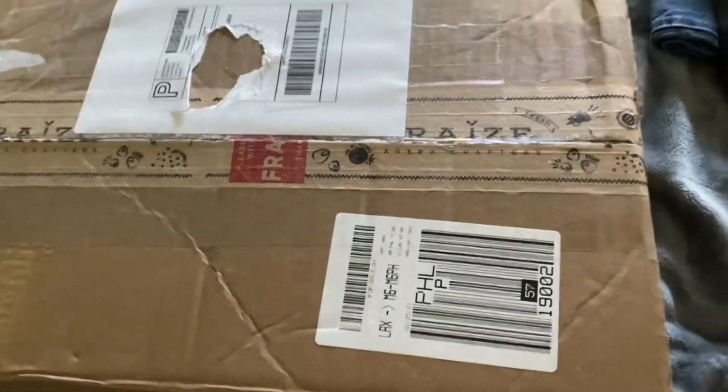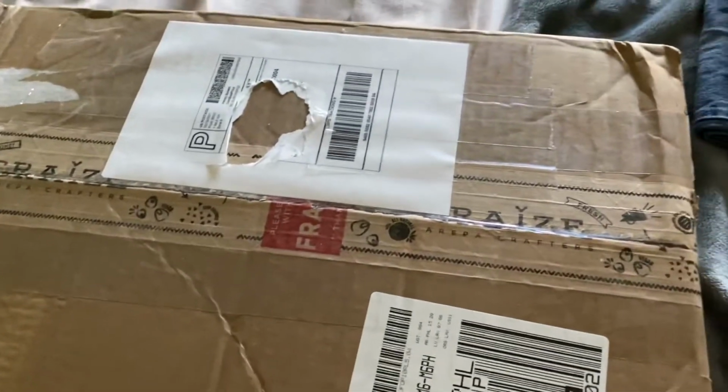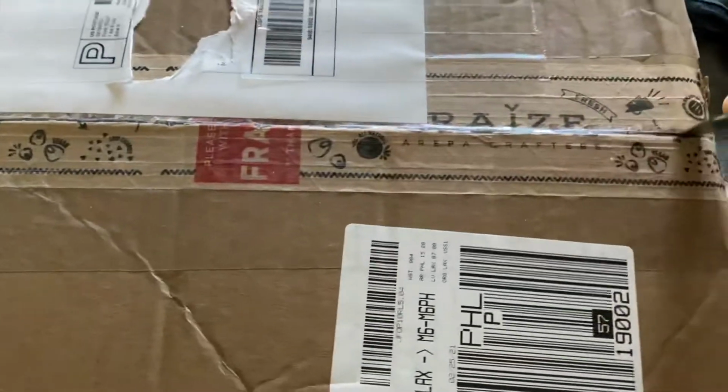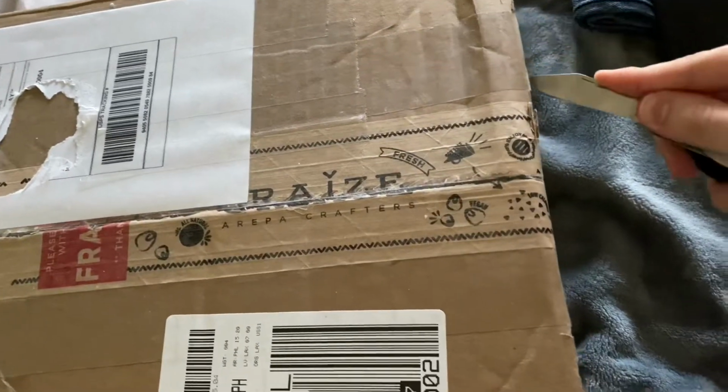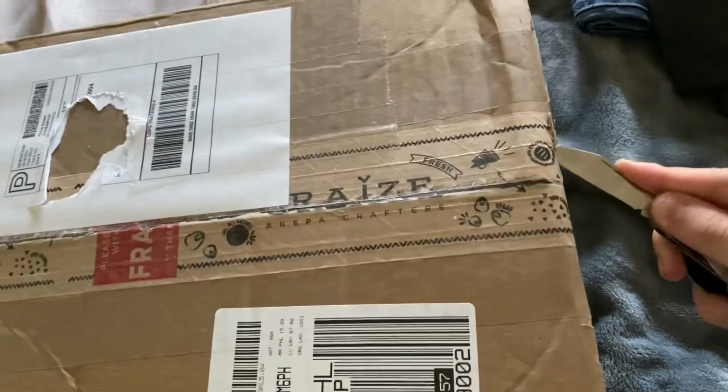I don't usually film the entire process of actually unpacking the shipping box, but because this is so damaged, I might do that just in case. I just gotta get this knife here. See what I got myself into here. Alright, gotta do the other side. I'm kind of blindly holding this camera at this point because